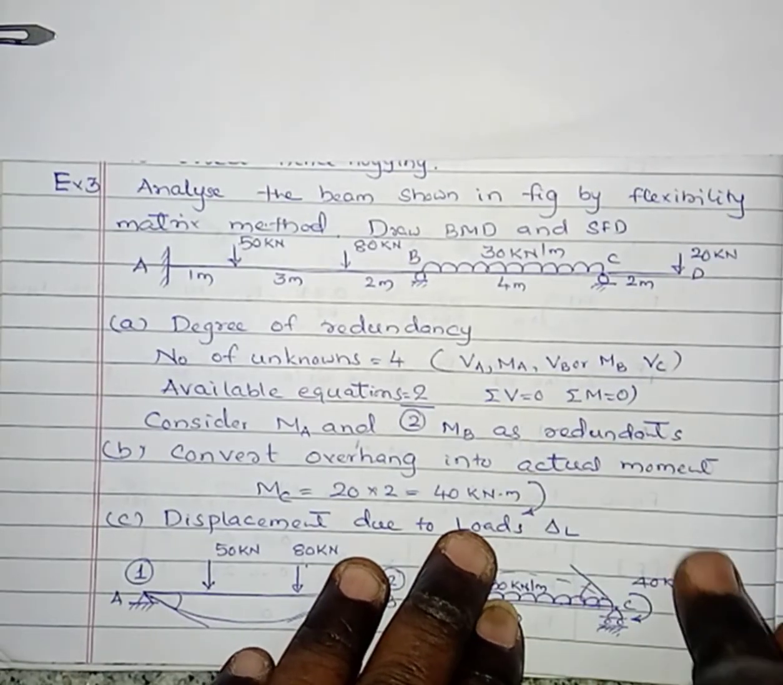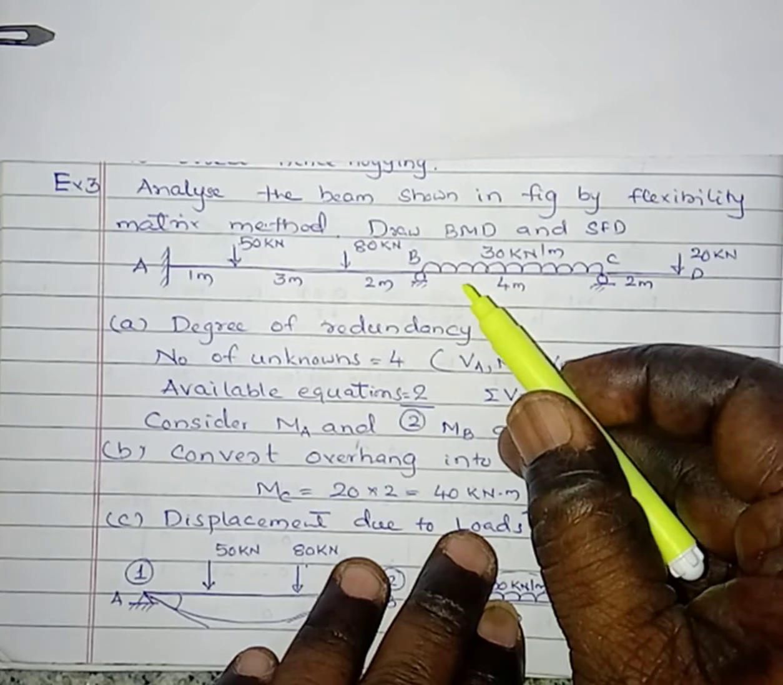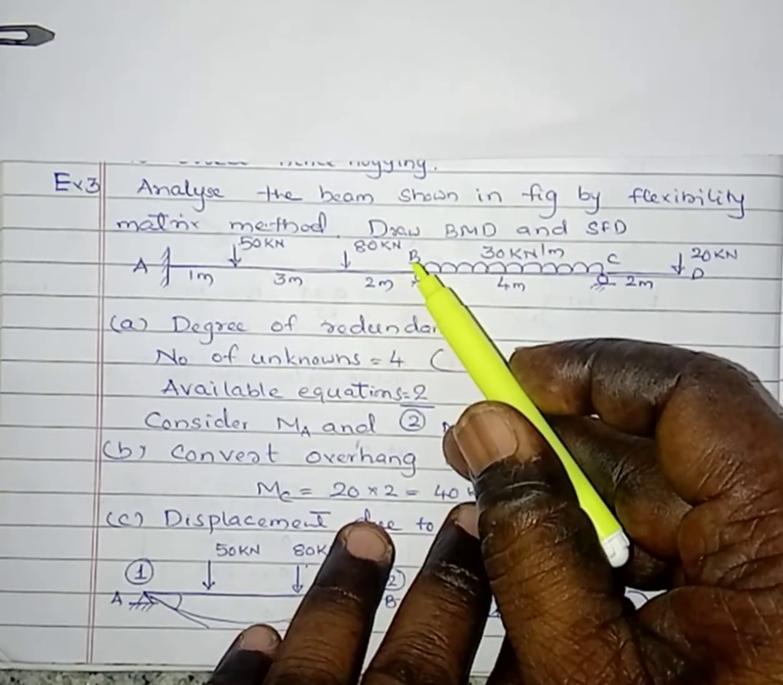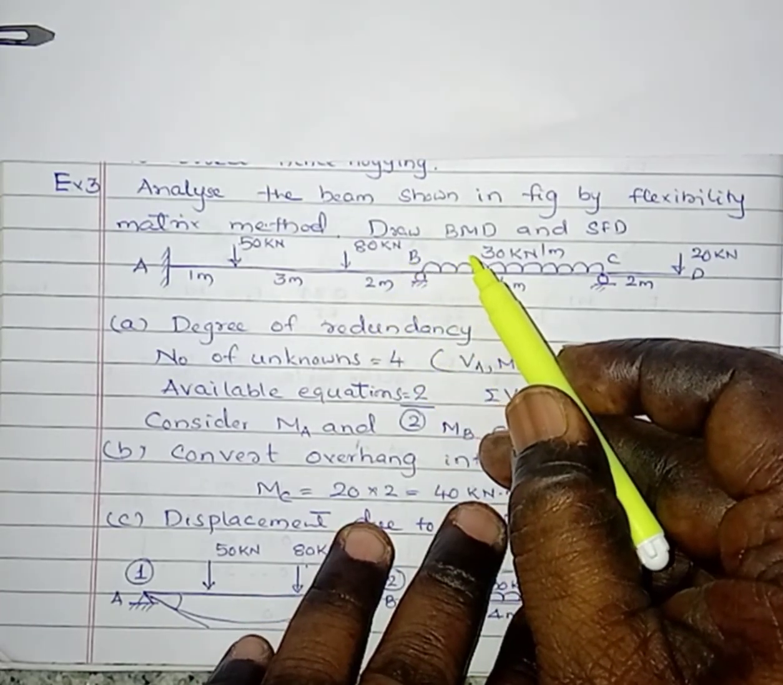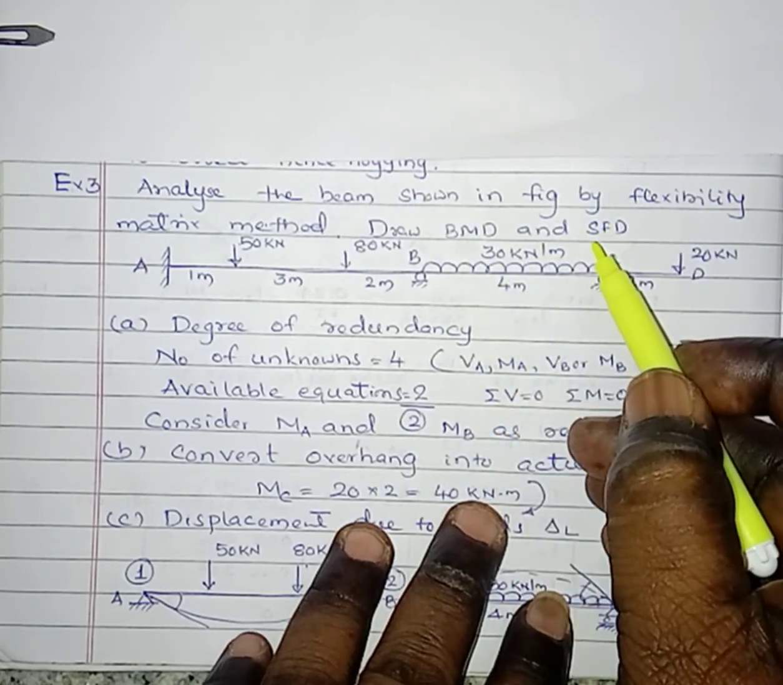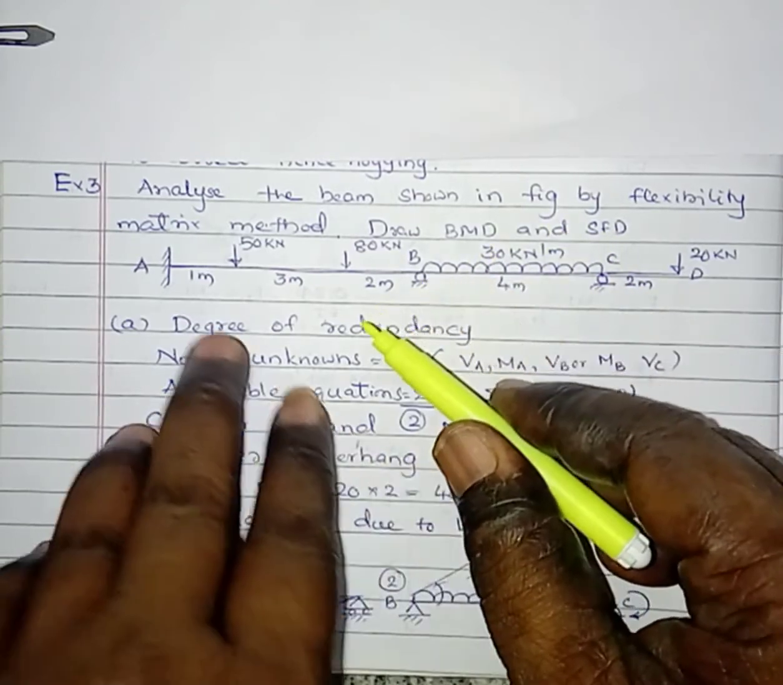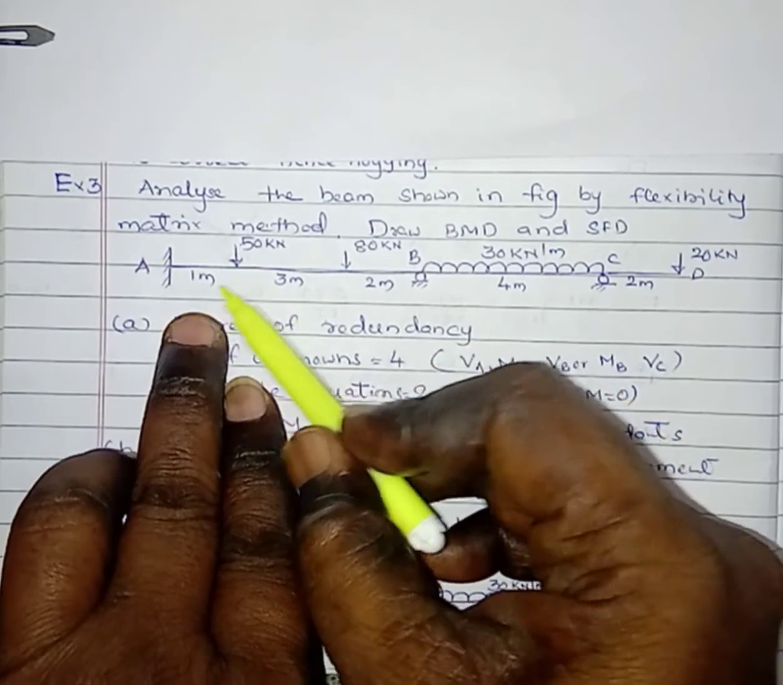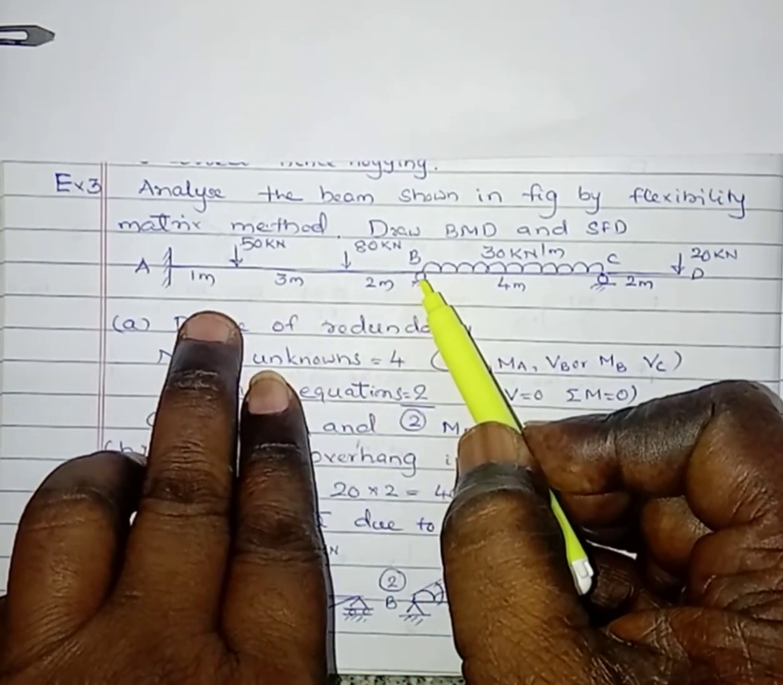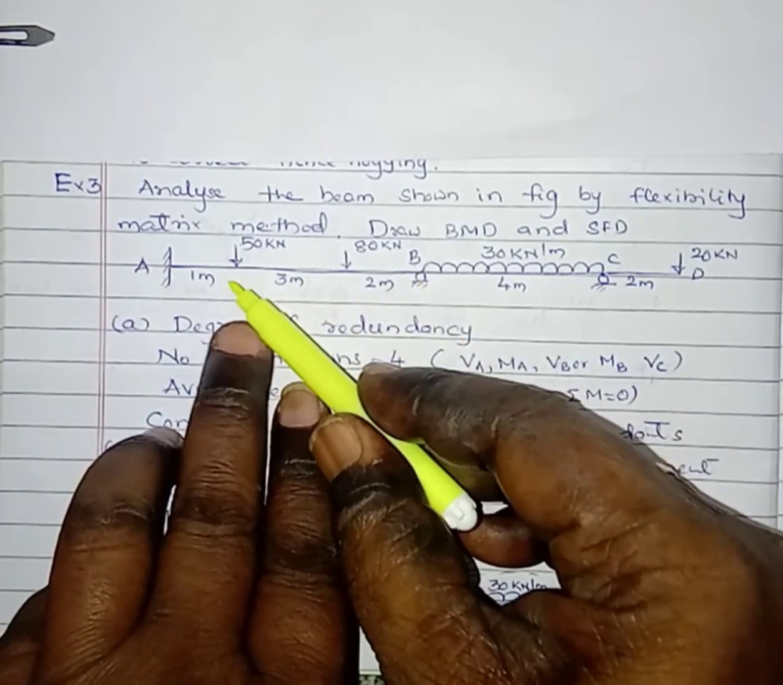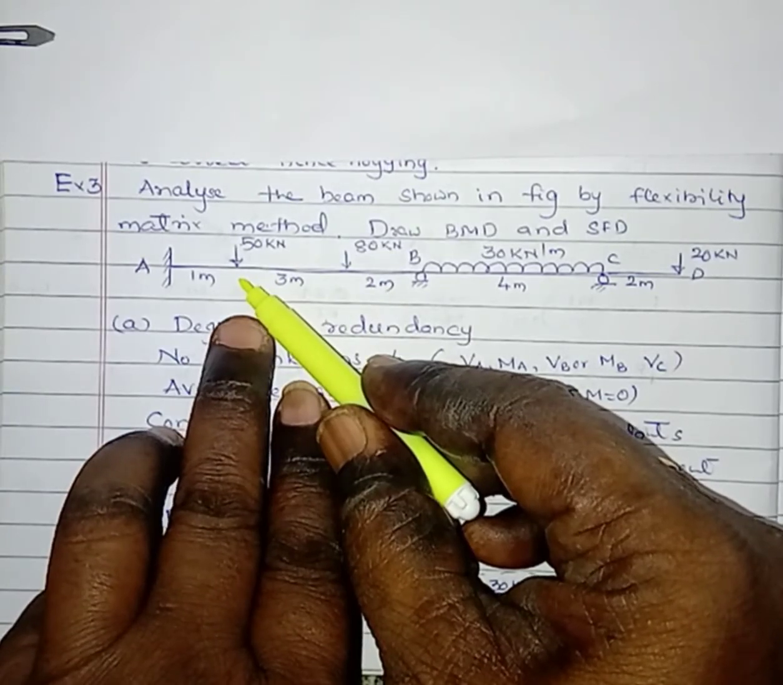Analyze the beam shown in the figure by using the flexibility matrix method and draw the bending moment diagram, shear force diagram and elastic curve. Here this end is fixed, A to B, that is 6 meter. At a distance of 1 meter from the